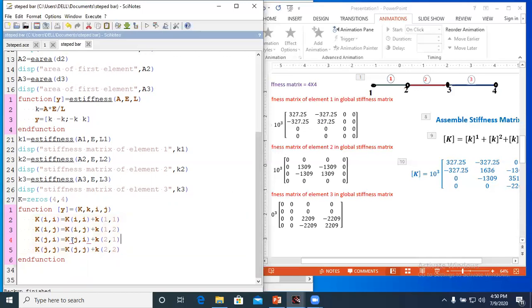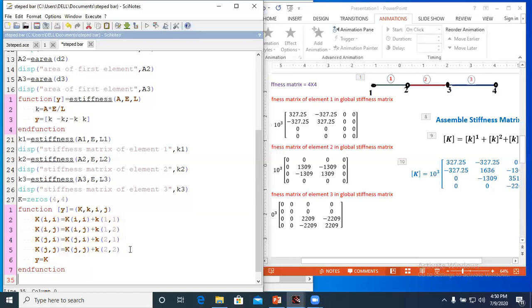Now this is k21. It is again 0 plus k21 of the first stiffness matrix. Now next k22 plus k22 of the first stiffness matrix. Okay. Now one more statement I want to write, that is I want to assign this resultant k to the y, so it will return the value of k.